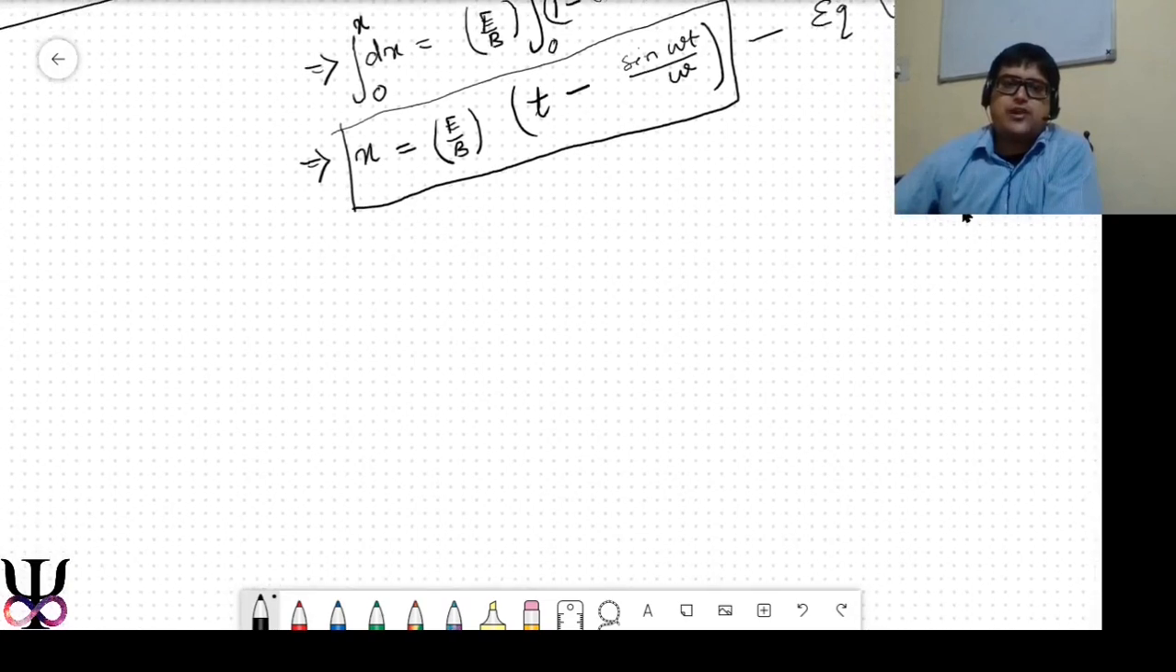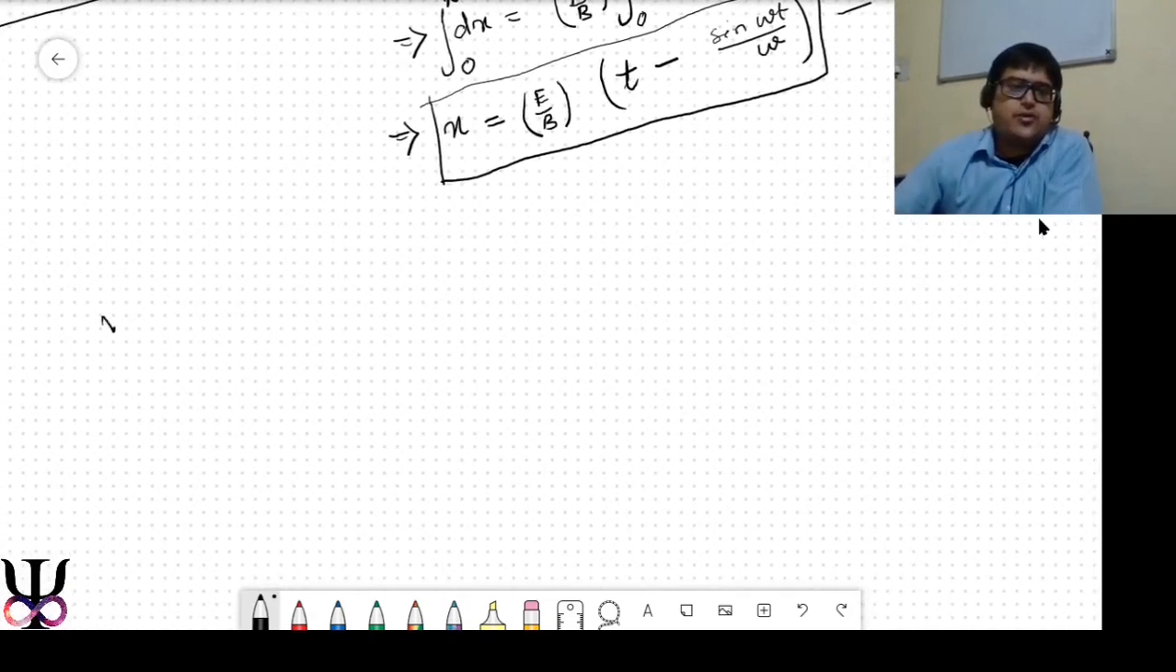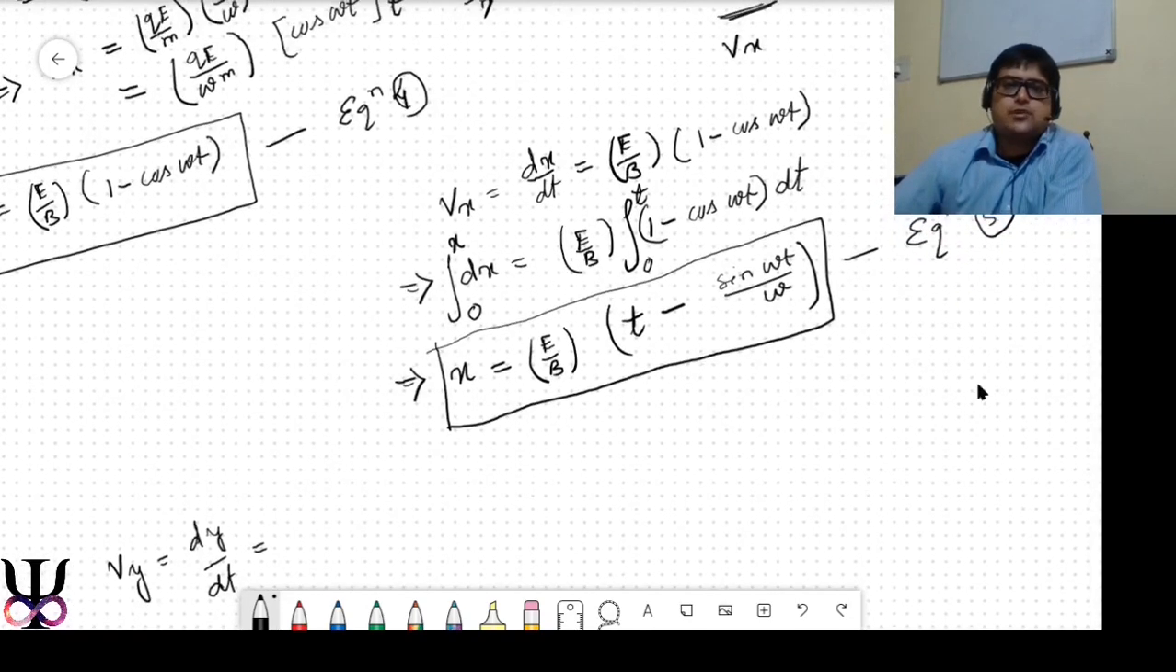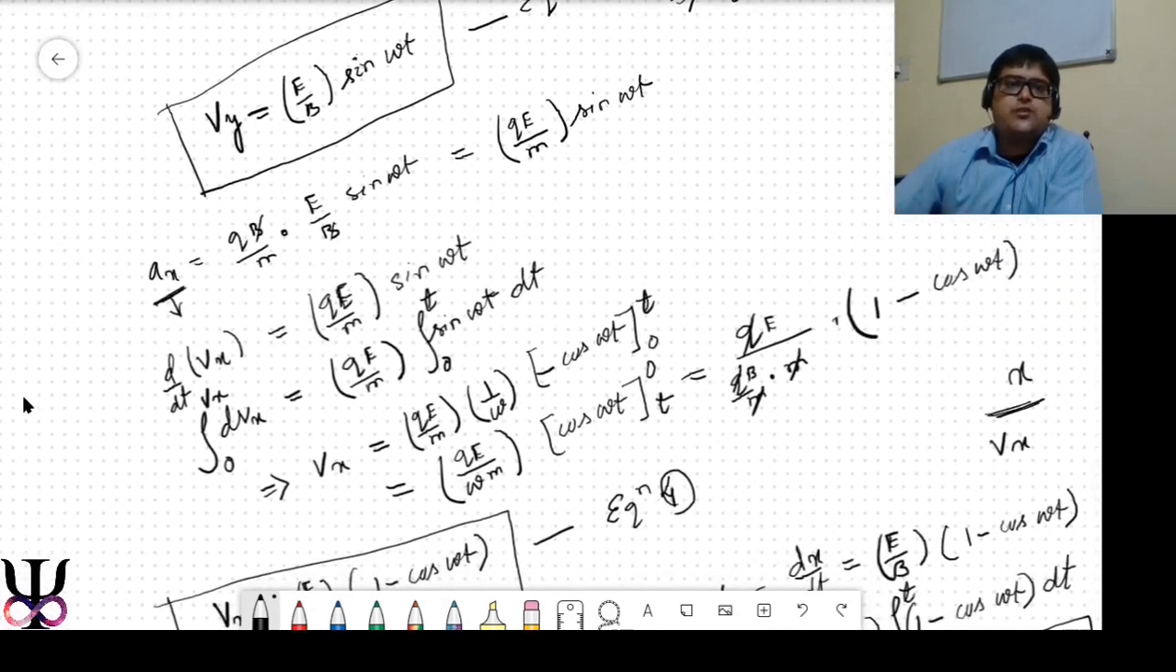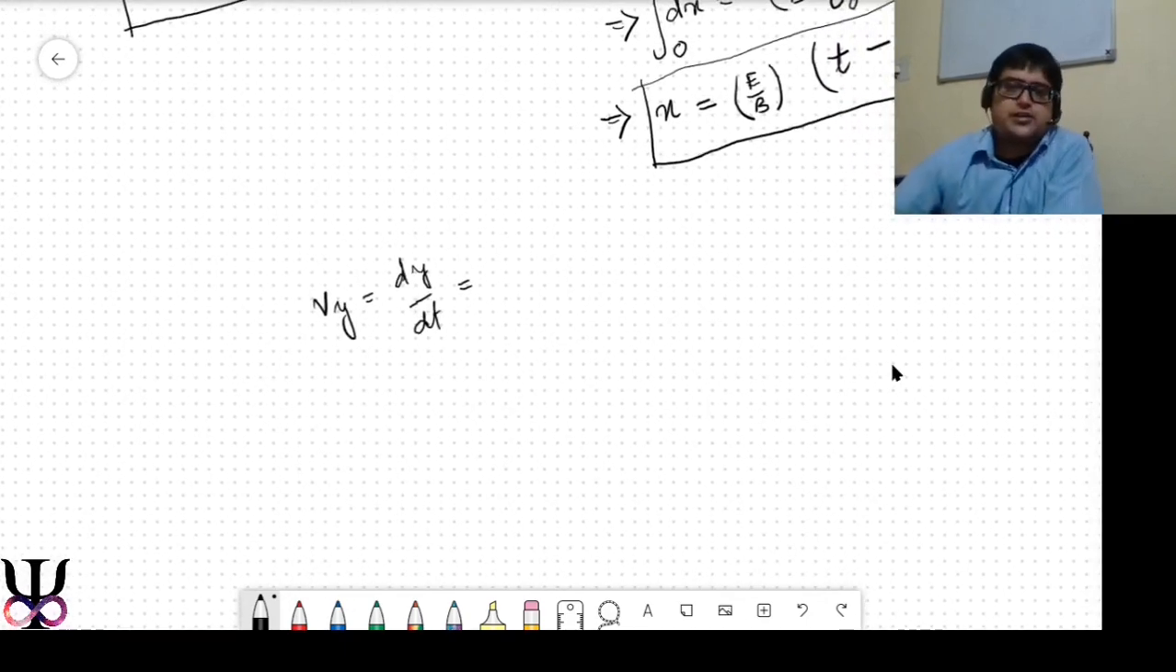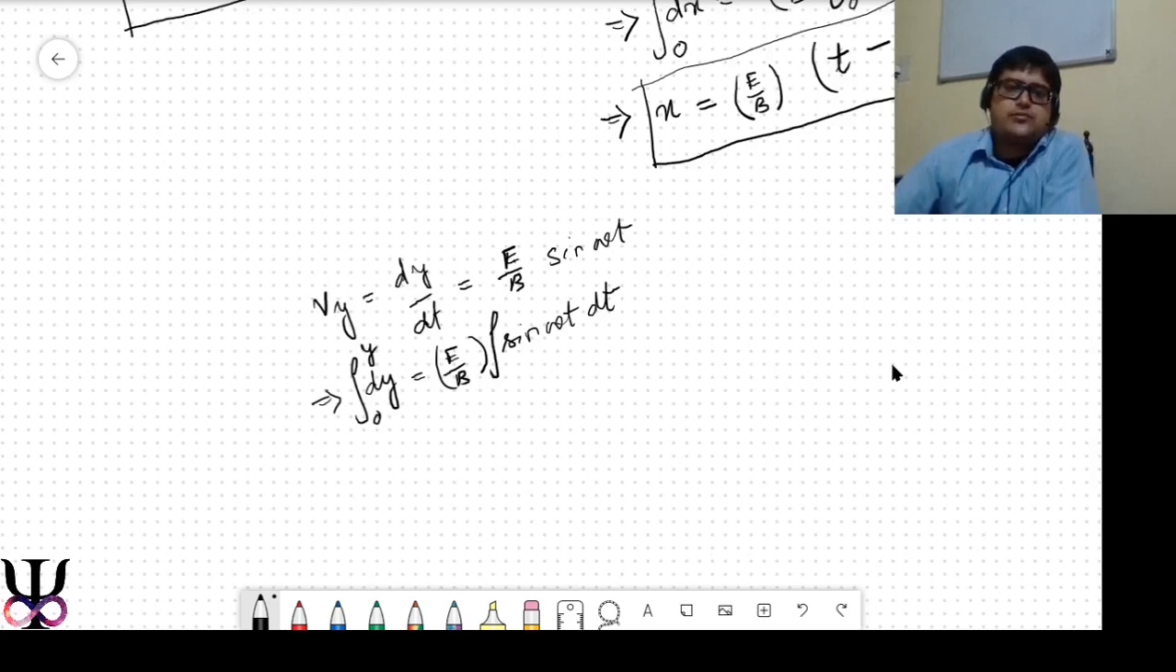So we've got x. Now how do you find y? Same thing, just use the vy, which is dy by dt, and that's going to be, where is y? Somewhere found it, which is E upon B sine of omega t, and that's going to be pretty easy. Then you're going to have to write dy is E by B sine of omega t times dt, and if you integrate it from 0 to any y, from 0 to any time t, it is simply going to end up with y is E upon B, and then the integration is going to give you minus of,